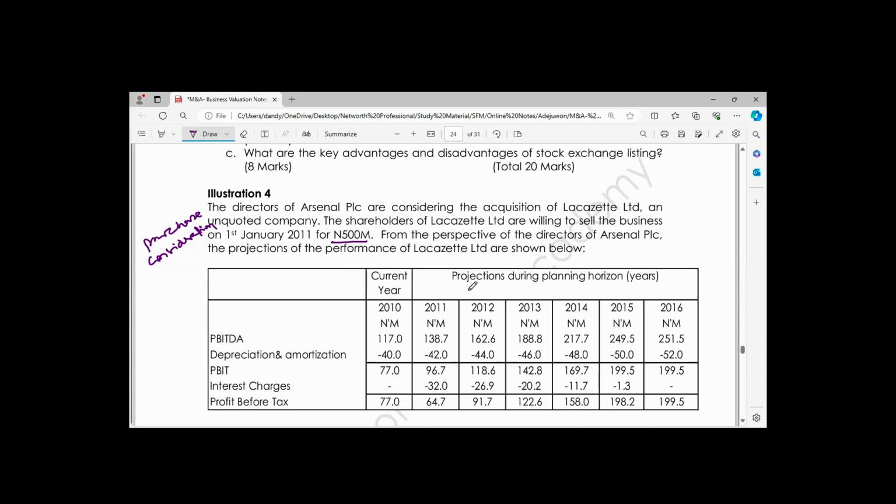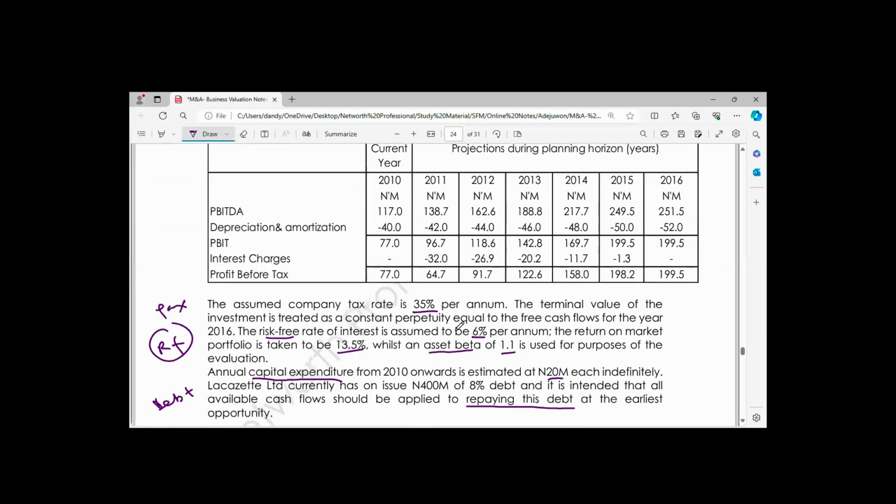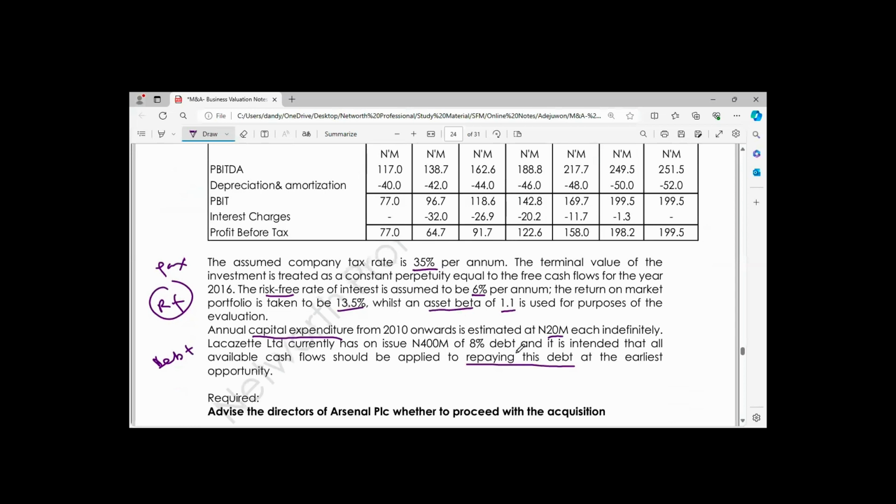So when you look at this question, in the first paragraph, you are told that the directors of Arsenal PLC are considering the acquisition of Lacazette Limited, an unquoted company. The shareholders of Lacazette are willing to sell the business on 4th January 2011 for that amount. However, there is no indication in this first paragraph that the two companies are in the same industry. But when you look at the second paragraph, where you are given the asset beta,